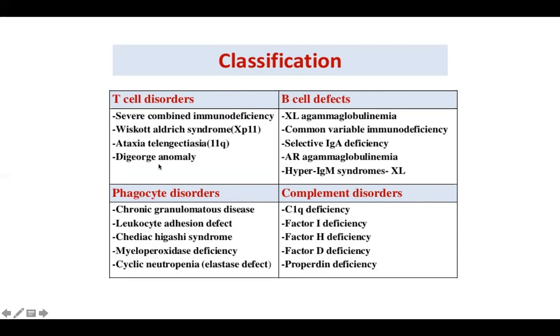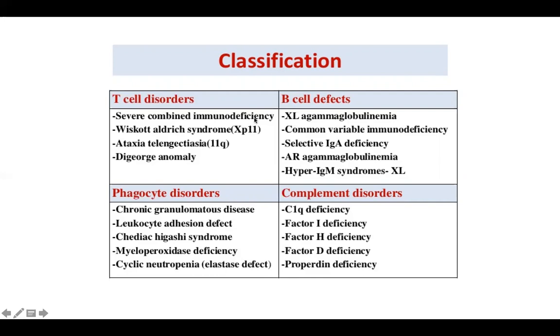DiGeorge is when the thymus fails to develop at all. Okay. Just remember that most of the T cell disorders will lead to B cell impairment. And then there are B cell defects like X-linked agammaglobulinemia or selective immunoglobulin deficiency. So there is some defect in the enzymes required for the class switching, the isotype switching, which is required